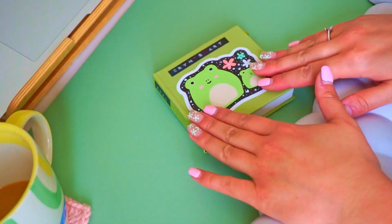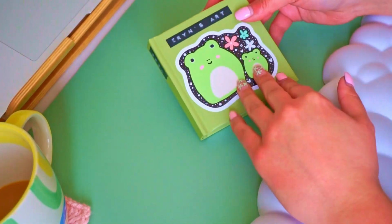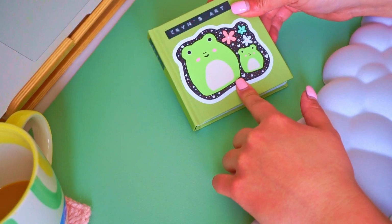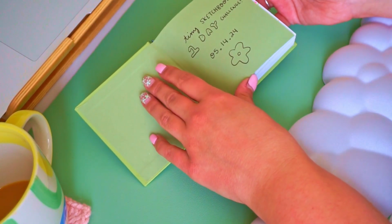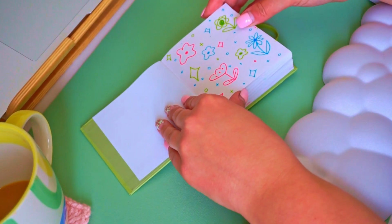Okay, welcome to my little tiny sketchbook tour. I finished this in one day, as I said. I put this sticker on it that I made a few years ago of little frogs with florals, and I had put these little labels on it before. And then I just said tiny sketchbook 1 day challenge, and then I first used the flare pens, so I